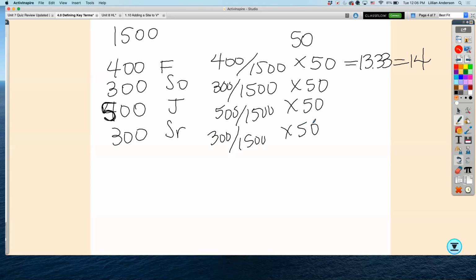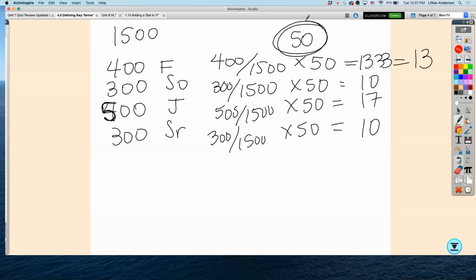Juniors is 17. Sophomores is what? 10. And then seniors will be what? 10. Help me out. What were the decimals prior to, like, what was the number for the sophomores before you got it to 10? It was 10 on the dot? Okay. What about the juniors? 16.6, repeating. Okay. So then we'll knock this one down to 13. So roughly she would take about 13 freshmen, 10 sophomores, 17 juniors, and 10 seniors for a total of this